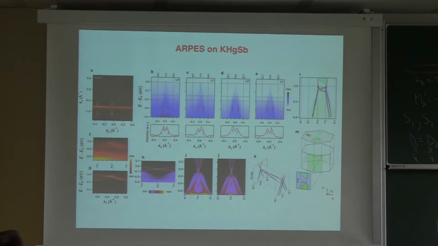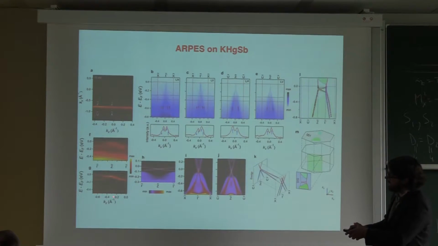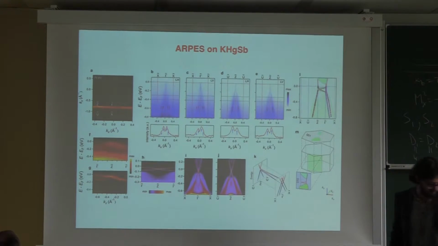Now, of course, it's in the eye of the beholder. But the point is there is something in the gap of this material. This is very clear. And if you've got a loving eye, you can try to convince yourself that it matches the theoretical prediction quite robustly, with the exception of the hourglass, which is quite squashed. So that's why you can't see all the 4 bands. You just see this and this. Because of a weird plotting technique that they had, you should just swap this, right? This and this are this and this.